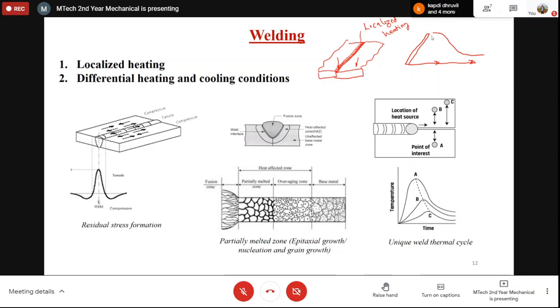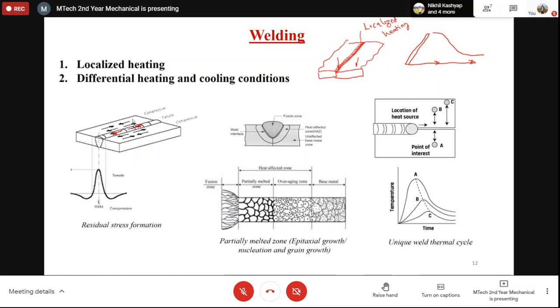Due to that, what will happen? Residual stresses will develop in the component, at the joint. You can see in this diagram, the portion where we have made the joint, since it was at a higher temperature and then had a faster cooling rate, will come under tensile forces, and as we move away, the rest of the part will come under compressive forces, because it was not affected by the differential rate of heating and cooling as much as the central portion was.